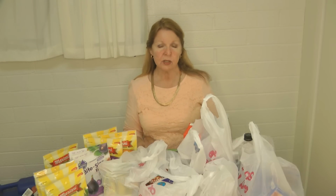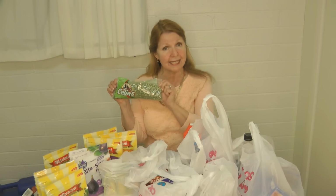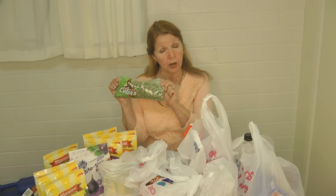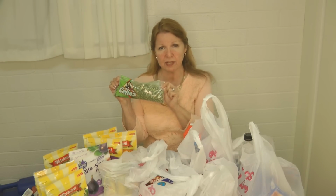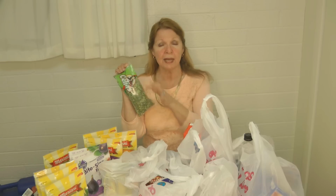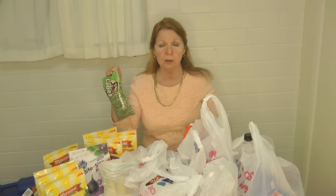The 99-cent store can be a good place to pick up rice and beans. They did have a variety of them, but the only one that was 99 cents was split peas. All of the varieties of beans and rice were $1.99 or more. So this was still a good bargain to get a package of split peas. It's so easy to throw these in a crock pot and make a pot of split pea soup. In fact, I usually just make half of a package simply because it makes so much soup and you